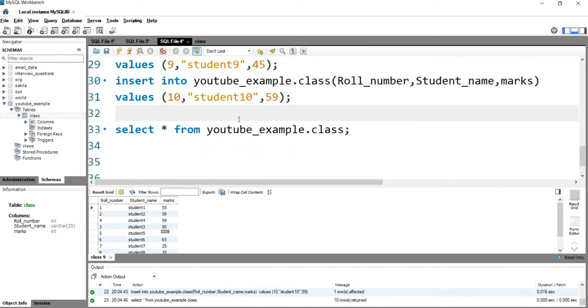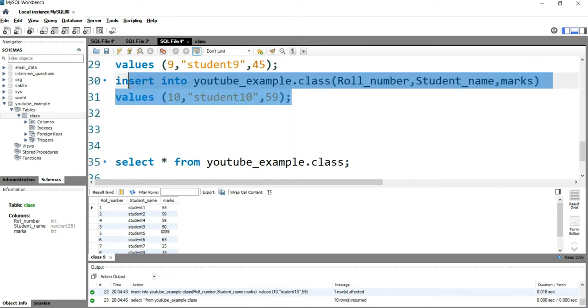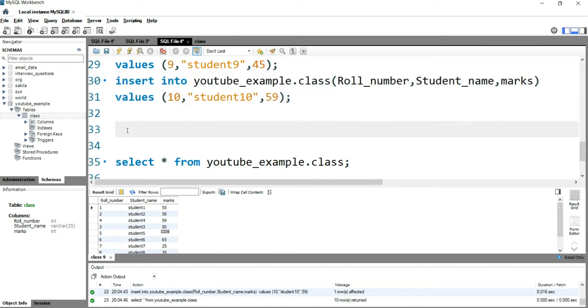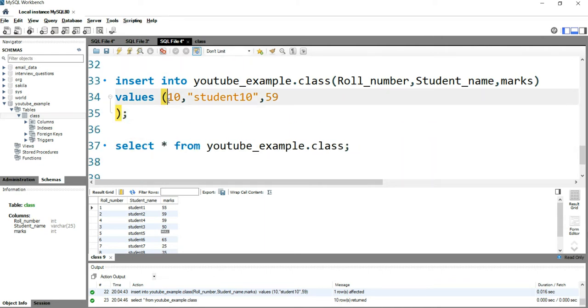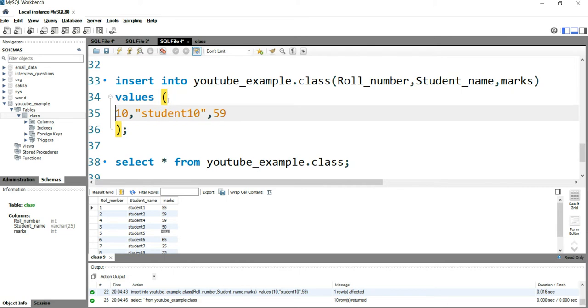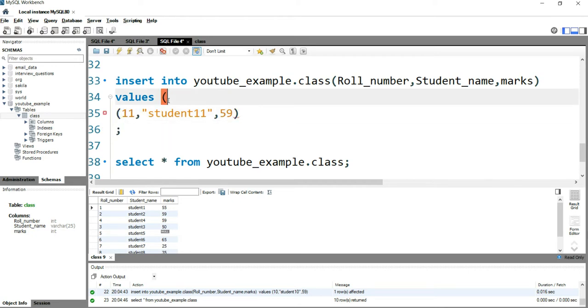For that I'll just copy paste this line. Now I'll take this record, put it on the next line, and change it here. For example 11, student 11, and marks 59. Before we do that I have to remove these brackets here.